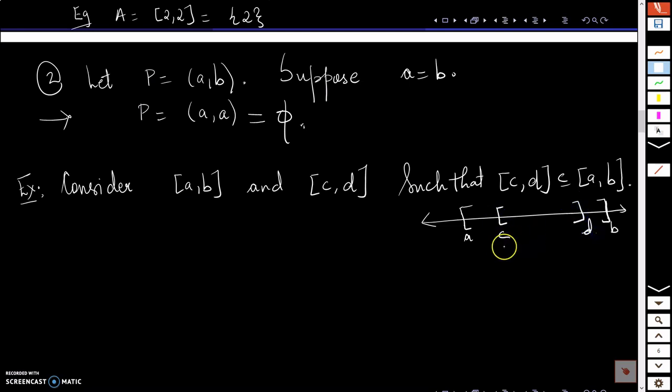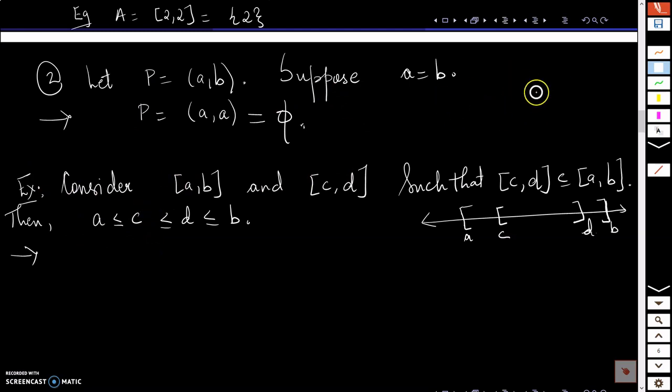right? So from this, we can conclude that A must be less than or equal to C, which must be less than or equal to D, and D must be less than or equal to B from the geometric view. Then A is less than or equal to C is less than or equal to D, and D is less than or equal to B. So this is what we will prove. Okay, that's trivial, nothing much to prove in this.